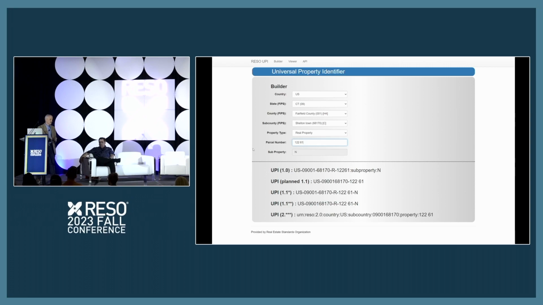I looked at a couple different data providers, including CRS and the Workgroup, which is not actively involved in RESO, but an old school data group out of New England. And they have M122-L61 for map 122, lot 61. So that just kind of speaks to that. It's essentially 122-61, 122-61 without a space,